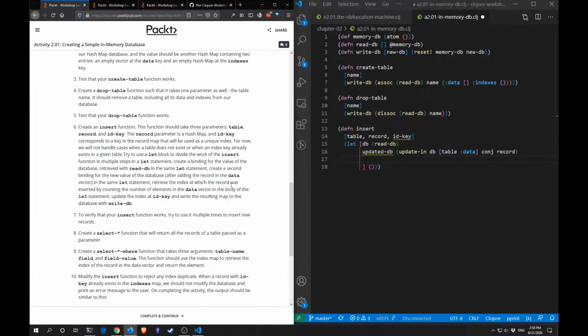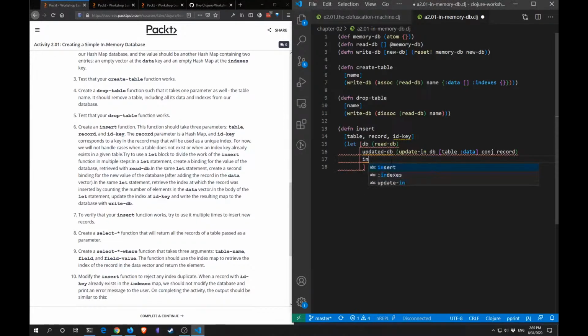Retrieve the index at which the record was inserted by counting the number of elements in the data vector. So, get the insert index. It should be the count of